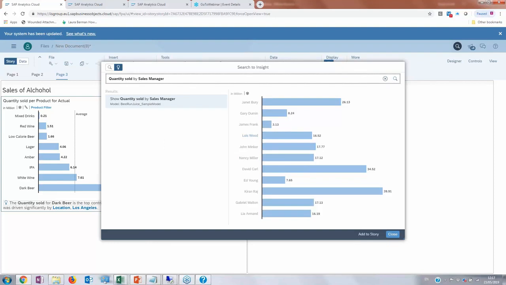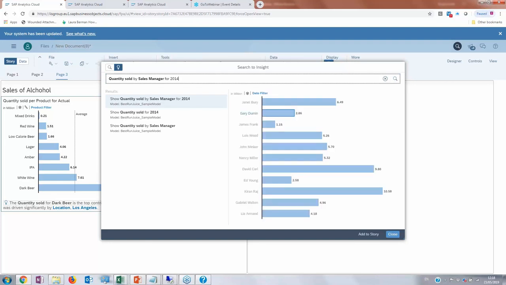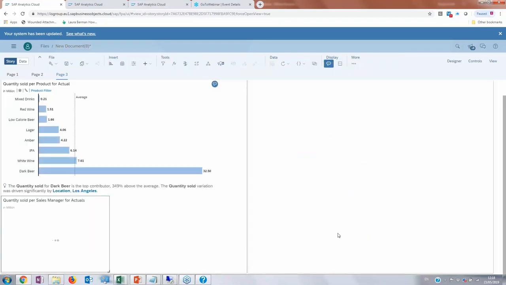Say, for example, I am only interested, now just bear in mind, guys, that the data source that I'm looking at is kind of older, and it only has data, I think, up to 2016. So if I say for, I don't know, 2014, okay, and if I click on refresh, okay, it updates my chart automatically for me just based upon me putting in that kind of natural language or text within the application. Okay, and then once I've created that visualization, I may decide I actually want to add that visualization